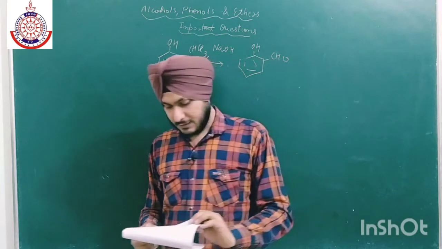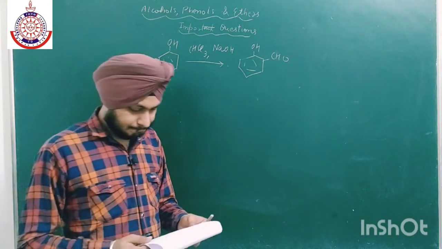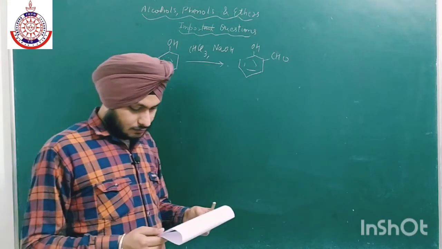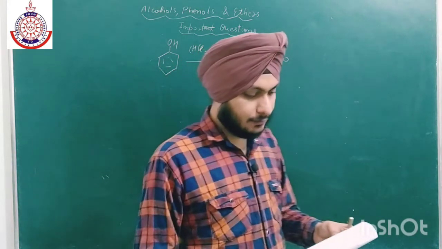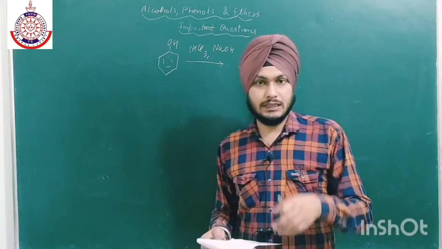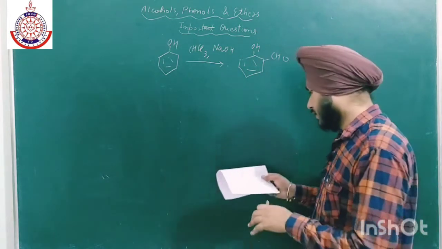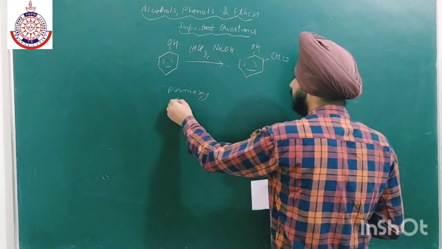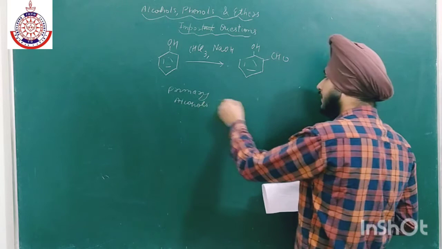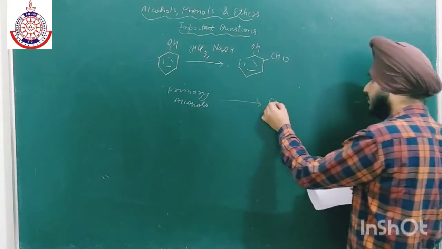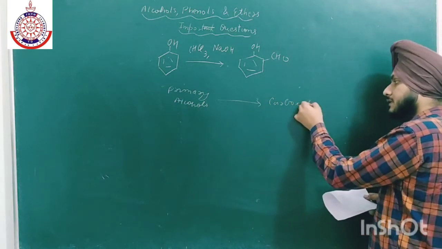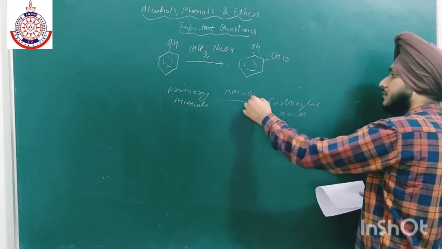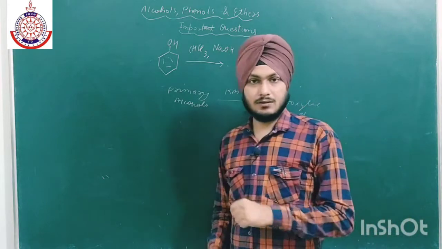Otherwise, there is no need to remember the products. Okay, so now you have to tell me the name of the reagents in order to change this reactant into the product. Okay, so if we have a primary alcohol, then which reagent will we use to convert it into carboxylic acid? So we have already discussed this one. We have to use KMnO4. Simple as that. Okay, KMnO4 can easily convert alcohol into carboxylic acid.